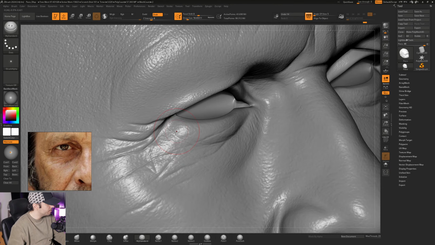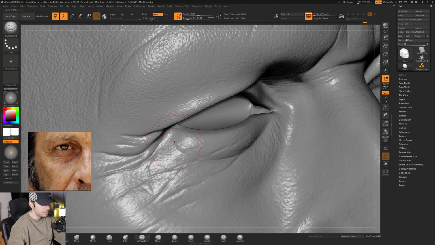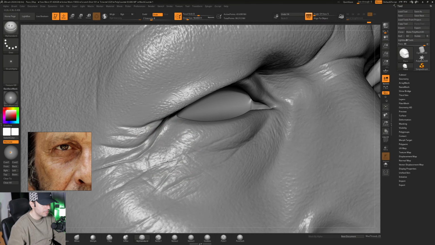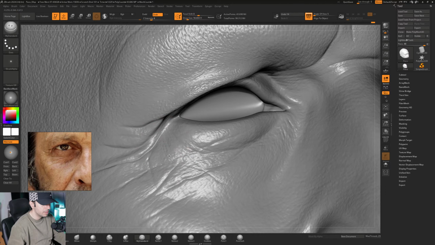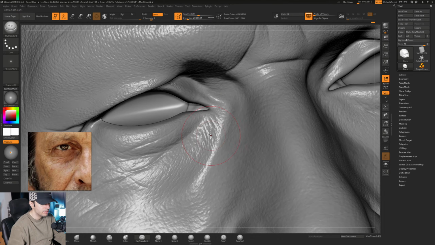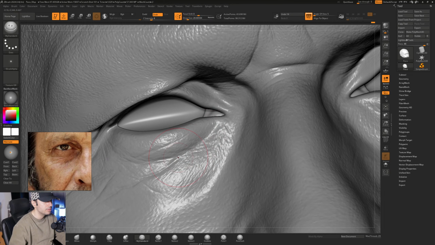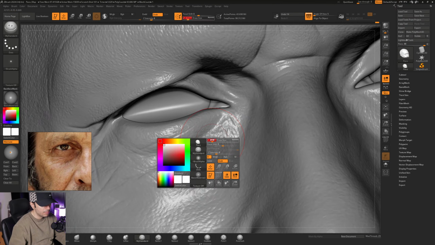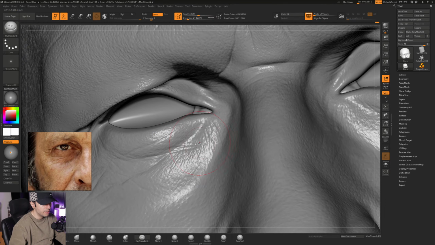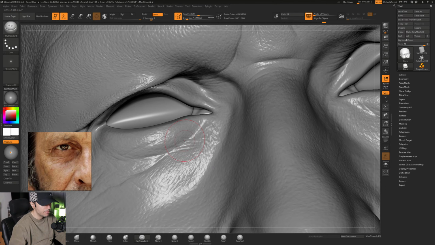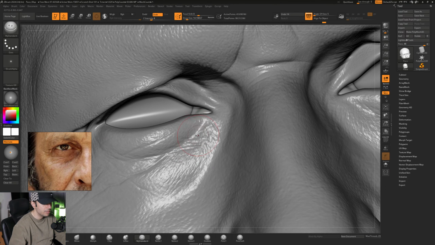I don't think we can finish working on the displacement today, but I will show you how to export your map, and then later we can come back and add more details. But right now I think it's more important to go back inside Maya and have some basic renders of the skin,